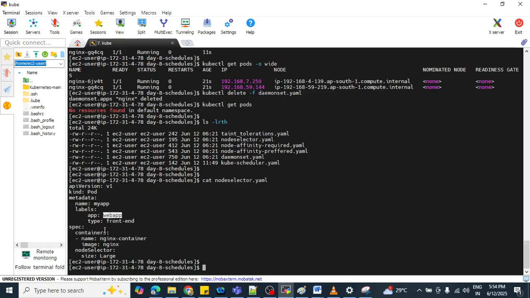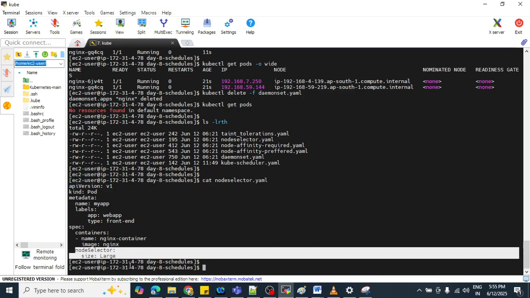But if you go to the spec section, we are mentioning nodeSelector size is equal to large. So this particular pod is going to be scheduled only on a node